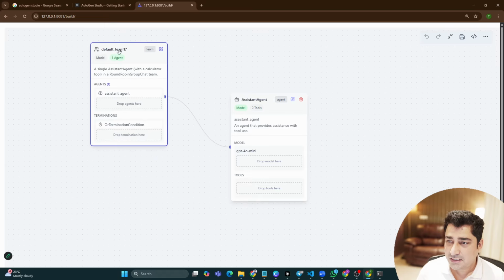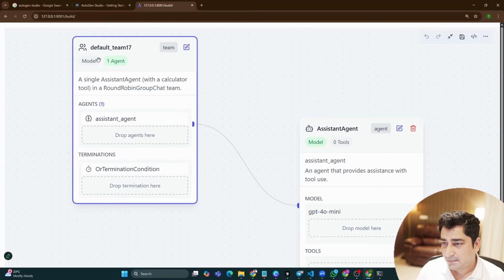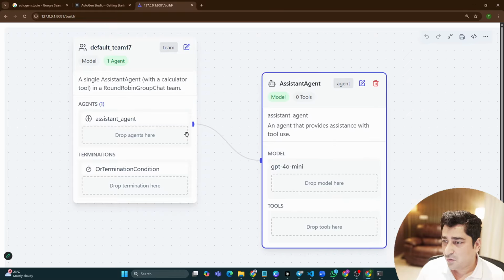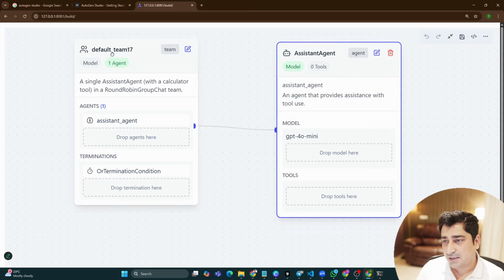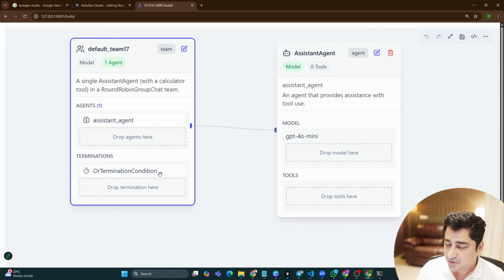So here we have a team. Team is nothing but an orchestrator, by the way, which is going to invoke a different kind of agent. And in every agent, you will be able to find out as per the definition of the agent. So nothing has basically changed even over here. You can give an access of LLM over here. You can give an access of a tool, basically a function, right? So you can drop as many tools as possible to one particular agent. Simple. And here, inside a particular team, you can drag and drop multiple agents, basically, as